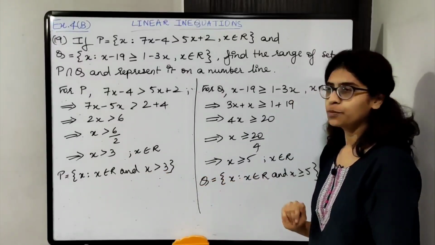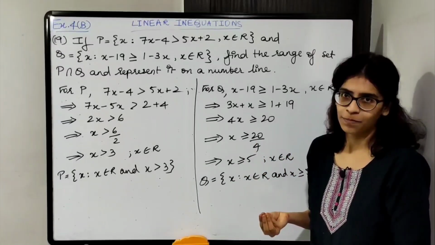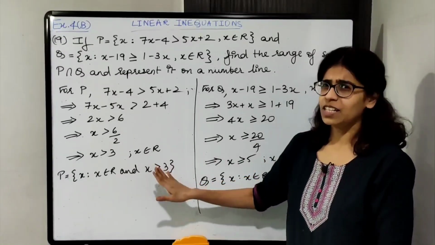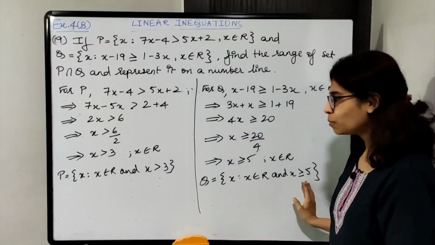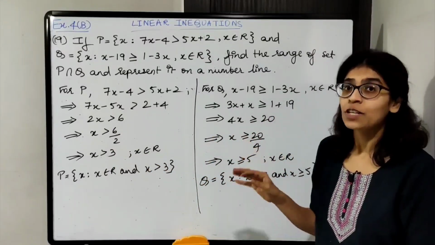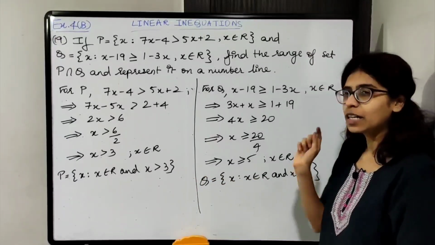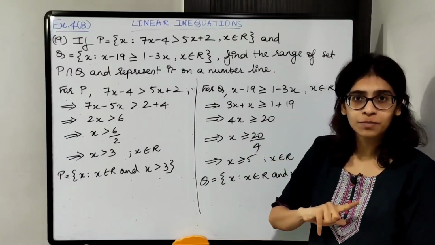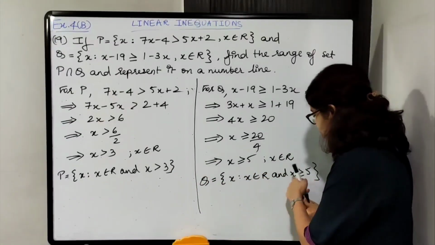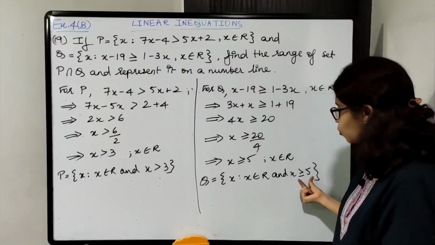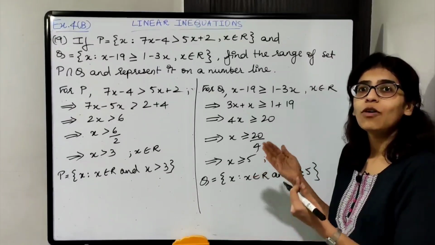So we got P and Q. We need to find out P intersection Q, that is what is common in P and Q. For common it's very easy, there is one trick. Look, greater than 3 and greater than or equal to 5, in both greater than is given, less than or anything is not given, so it is even easier. Greater than 3 and greater than or equal to 5. For greater than you always consider the greater number. So between 3 and 5, which is the greater number? 5. So the sign associated with 5, we will consider that one. Okay, whichever sign is associated with that number will be considered. So x is greater than or equal to 5 will be for P intersection Q.